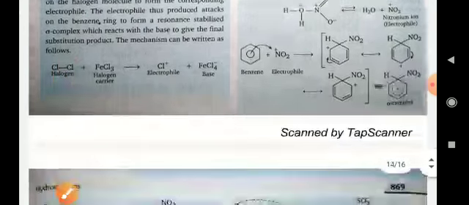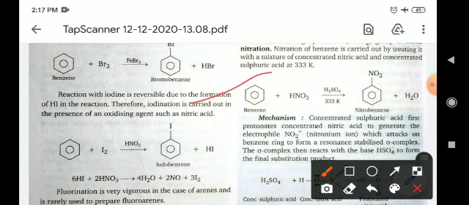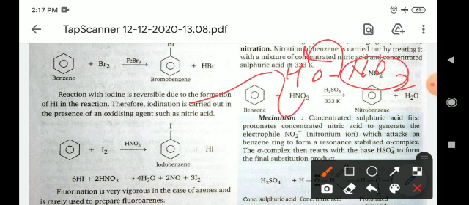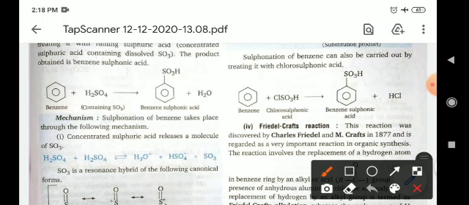Now come to nitration. Nitration means reaction with nitric acid. Nitric acid will break into OH minus and NO2 plus in this condition. So this NO2 will go to this ring after the removal of hydrogen. From HNO3, OH is removed, and from benzene, hydrogen is removed and forms water, and the remaining NO2 group will attach to the ring and form nitrobenzene. Okay.